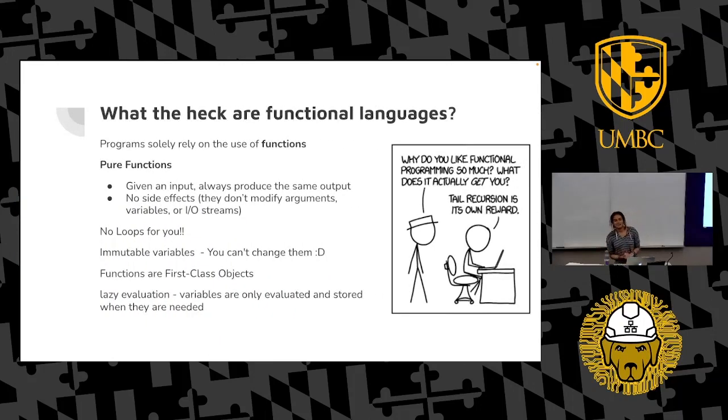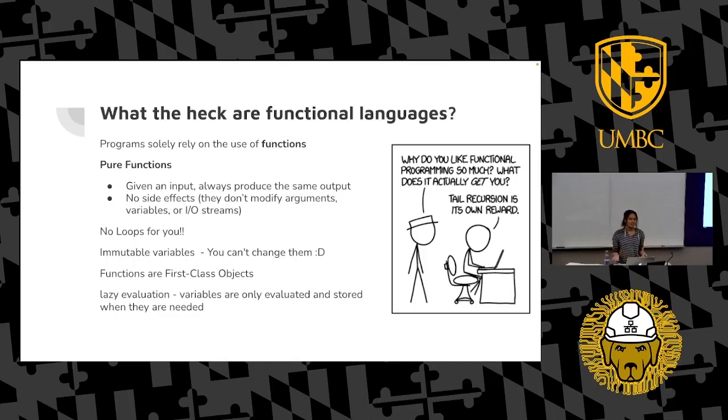So next, which was the topic that originally started everything, was functional languages. What the heck are these? Well, there are languages solely based on functions, and they're also heavily based in math. That's not on this slide because it got a bit complicated, but these languages tend to be fairly heavily based in math. Their functions are usually called pure functions, which essentially means you give it an input, it gives an output, and every time you give that input, it will always give the same output no matter what.